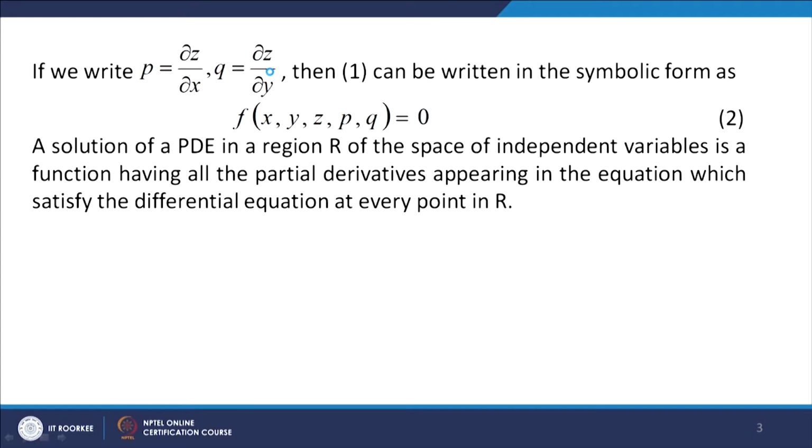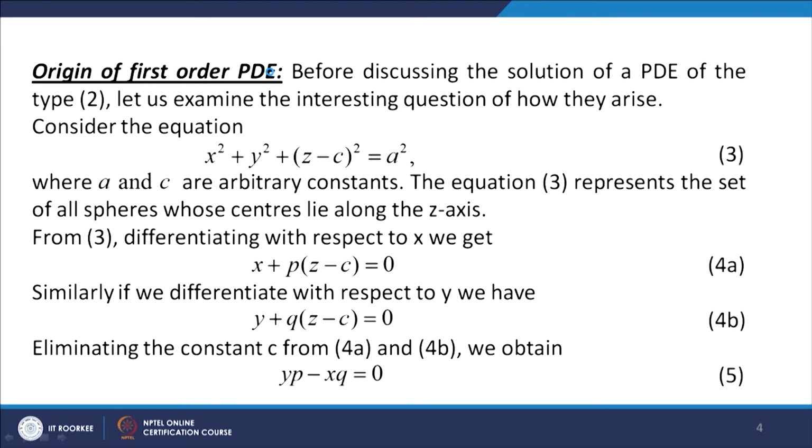= 0. A solution of a partial differential equation in a region R of the space of independent variables, here we are taking them as x, y, is a function having all the partial derivatives appearing in the equation which satisfy the differential equation at every point in R. Let us see how the first order partial differential equation